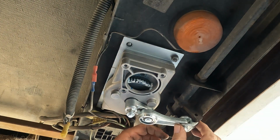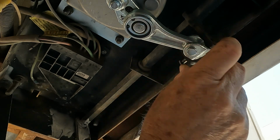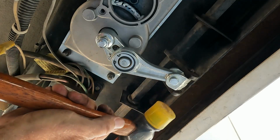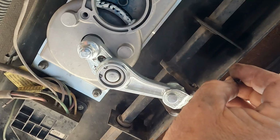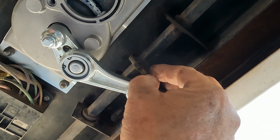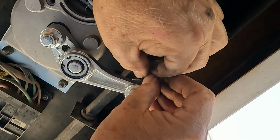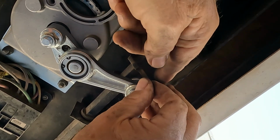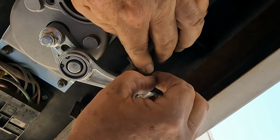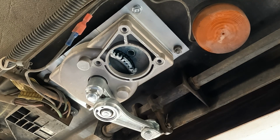Then before we go and mount the motor, we want to put our clevis pin back in. And we want to put our cotter pin back in. So got that in. We just want to bend it. That way it won't come out. Now that we have our gearbox assembly all mounted up,